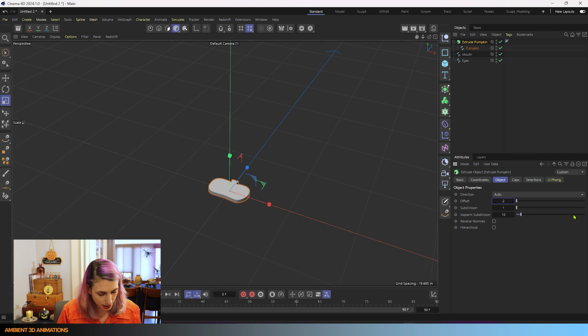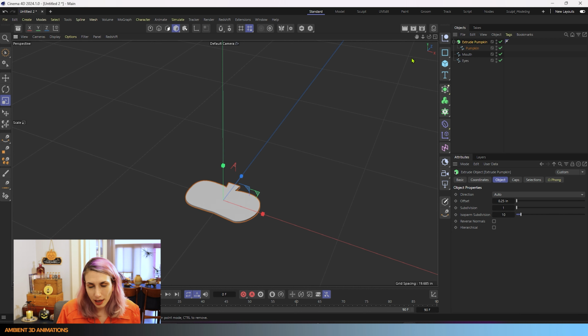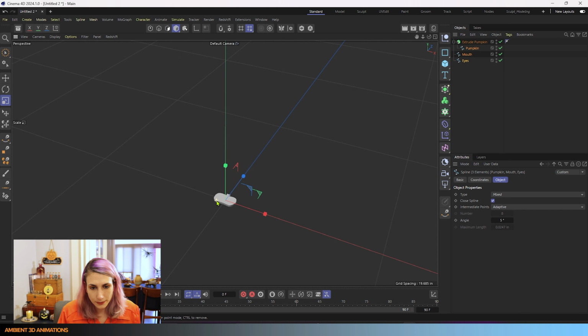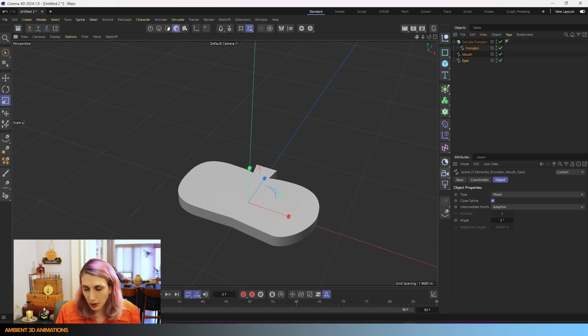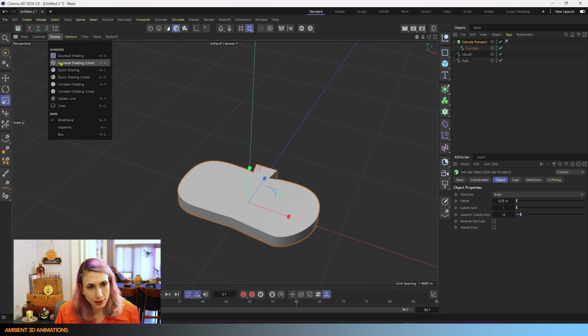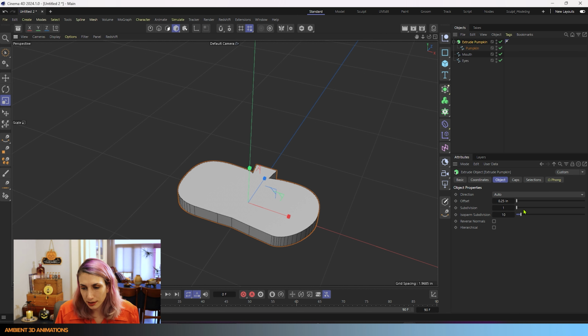Actually, this is still rather large. I'll make this 0.25. And I'm just kind of eyeballing the size that I want this cookie to be. So now it's nice and small. And now that we've done that, we can go back and click on our extrude. We chose our offset. You can choose the number of subdivisions. We'll be able to see that if we turn on our lines a little bit easier. We can increase our subdivisions, and honestly, we're going to go over this more in depth later, so I'm just going to skip over all of these settings for now.